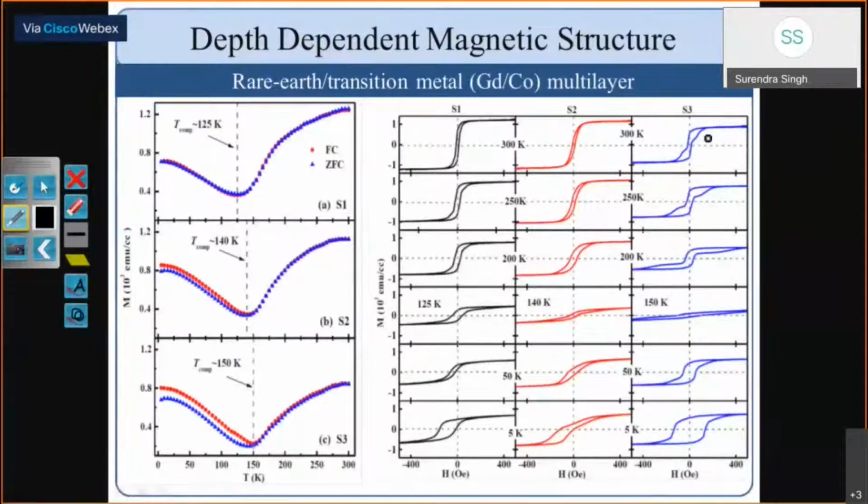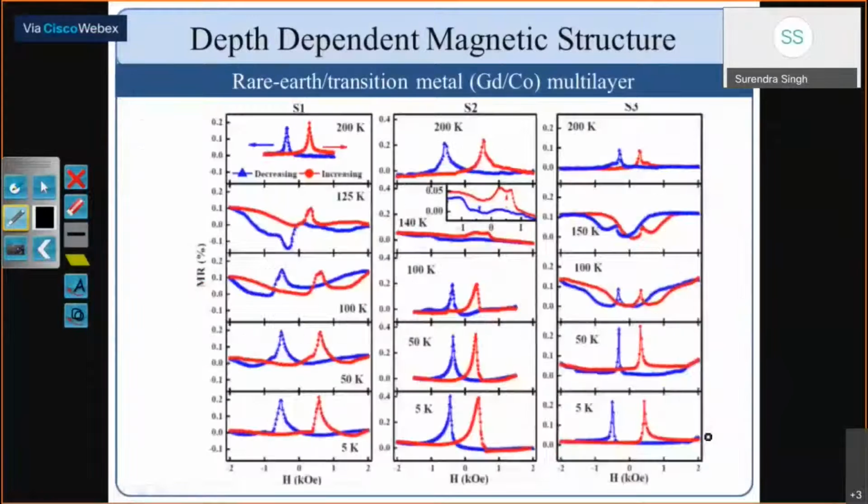S3 shows something quite different. We got two kinds of loops over here. This is an addition of two loops, which is increasing, and at low temperature we got a nice hysteresis loop with a large HC. So we can see the difference. But this is well known; we expected it this way. That's why we grew the samples like this. But our main aim was to see how the magnetic structure changes.